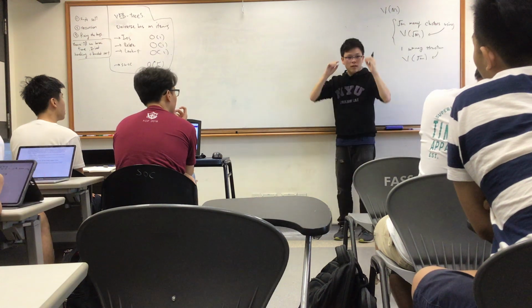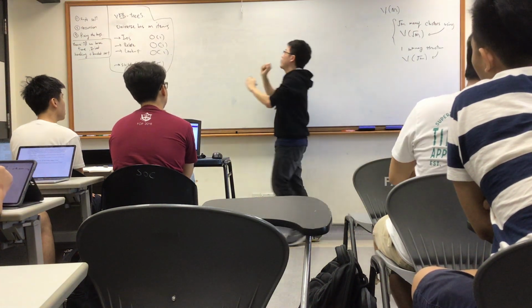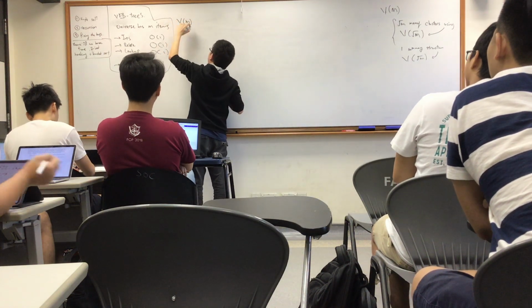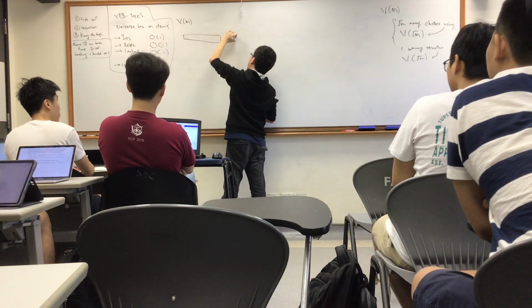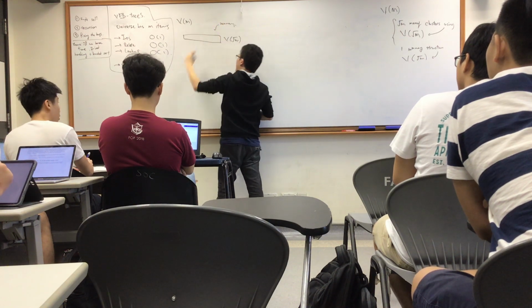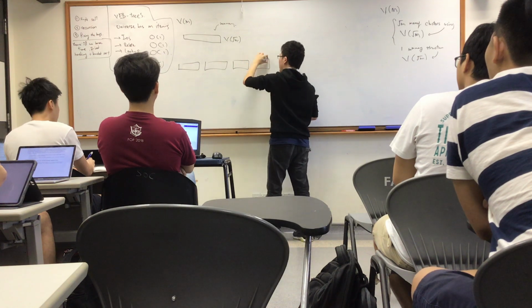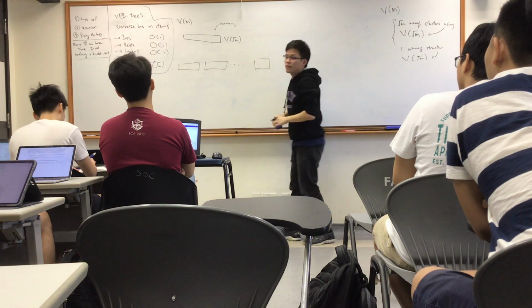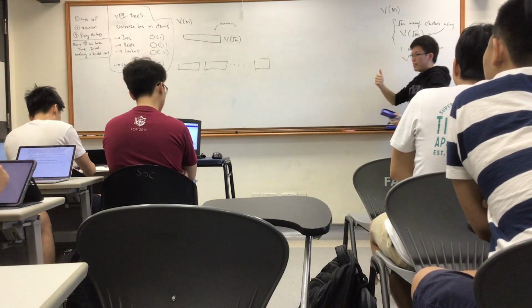So in other words, what my pseudo Van Emde Boas tree right now looks like is this. If this was V of M, basically what it will contain is another V of root M. This one is the summary. And it's going to contain root M many V of root M's. I shouldn't draw that many, I'm kind of lazy, so let me just draw V again. So this is the proposed data structure right now. I'm defining it recursively.